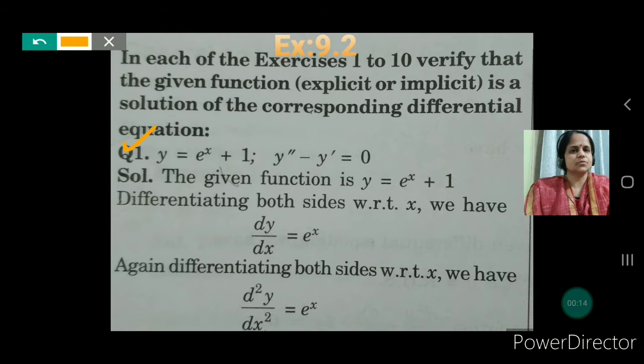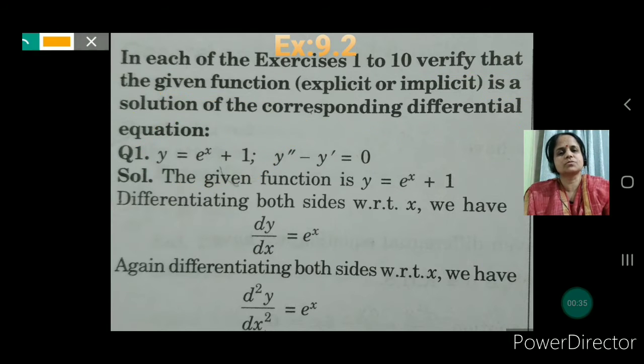For this question, we have to verify that the given function is a solution of the corresponding differential equation. It means this is the differential equation and this is the function. We have to show that this function is a solution of this differential equation. Okay, so to solve this question,